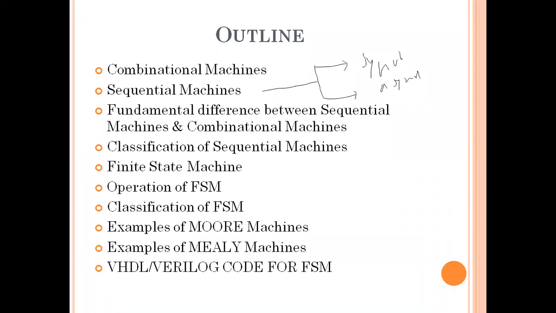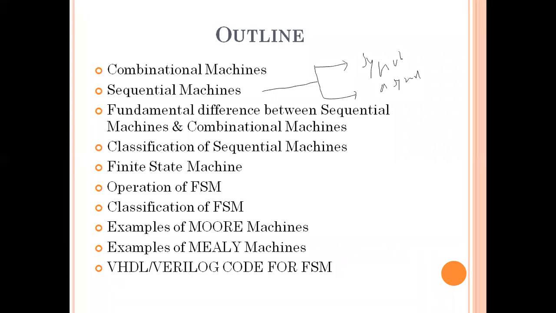So microprocessor is not a finite state machine, because it can reside in a large number of states. For practical purposes, the number of states is not finite. So microcontroller is not a finite state machine. It's a sequential machine, but it resides in a large number of states, and practically it's not possible, right? It's not finite states. So microcontroller is not an FSM.